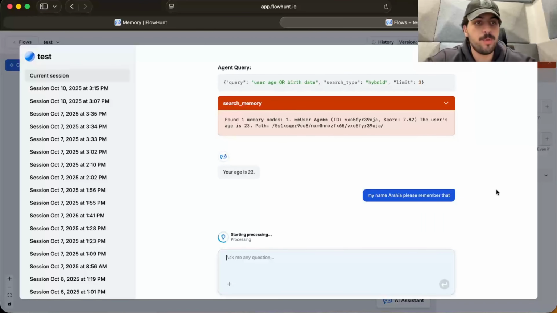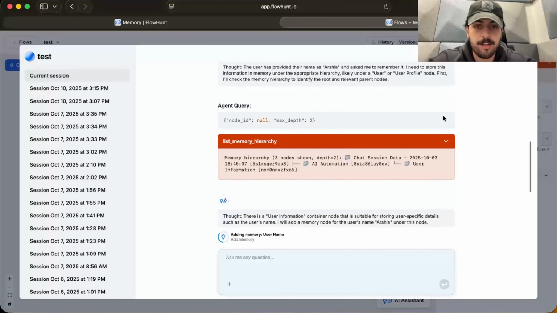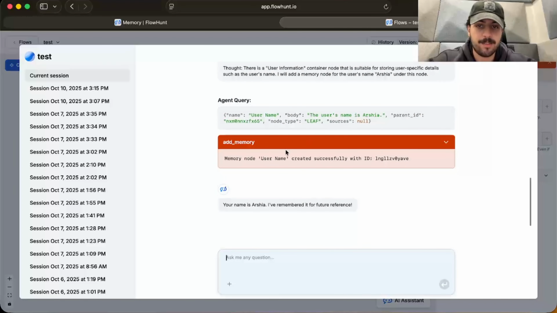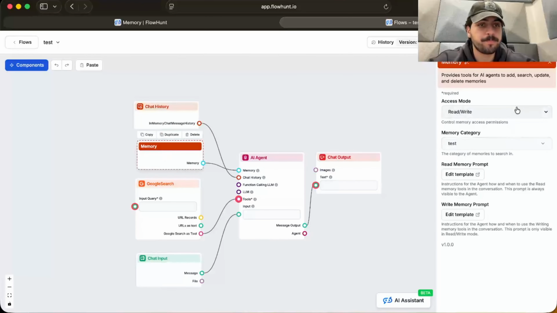Now I'm going to show you what the setup looks like. You can see it lists all the memory hierarchy, and then it adds to the memory. Your name is Arshia. I remember that for future reference. Perfect, thank you. And if you were to go to memory, by default, this is set to read only,